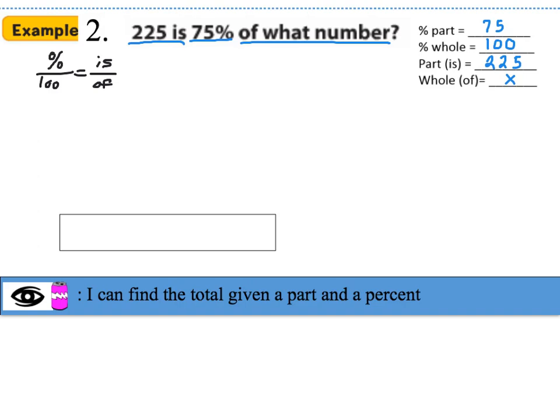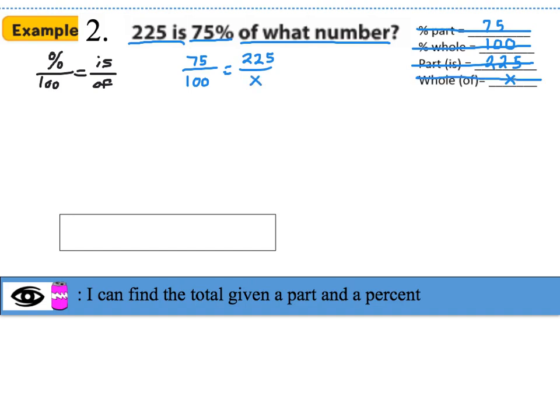I know that 75 is the percentage. That's the part percentage, so that's going to be on top. So once we use it, we can go ahead and cross it out because we've used that already. Over 100 because every single percentage is out of 100%. And let's cross out percent whole. And then they're giving us the is. Is going to go on the top, so 225 goes on the top. And let's cross it out since we used it already. And then the of, which is the bottom, the total amount, we don't know, so we're going to call that